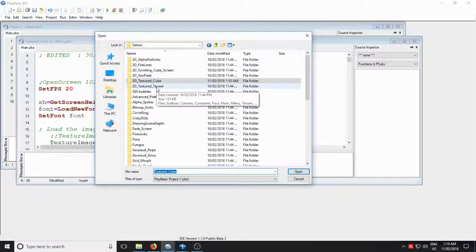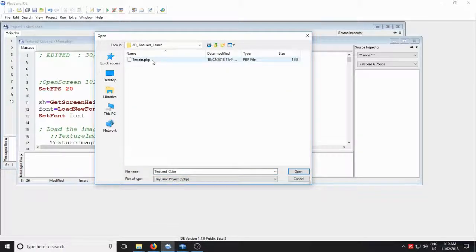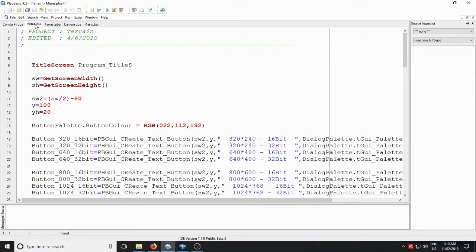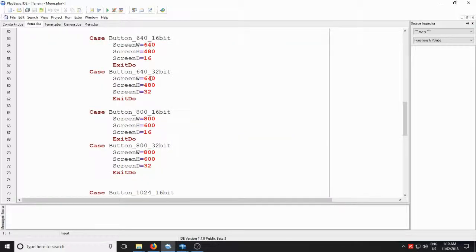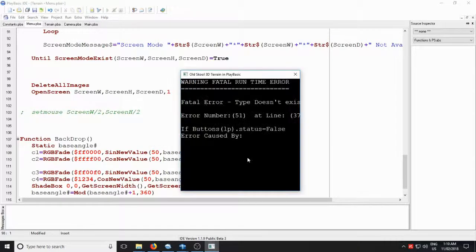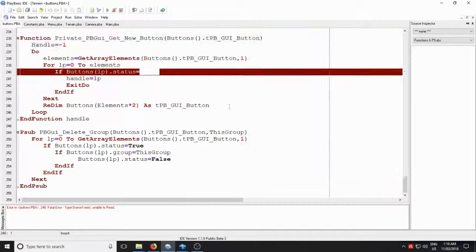3D terrain, I think, is the one I was going to show. I think this compiles and runs, but I haven't actually bothered to check. Title. Okay, it's going to ask us about screen mode, and we're going to set that up. I'll just set that to windowed mode. See if it compiles it all. Ah, I'm using a